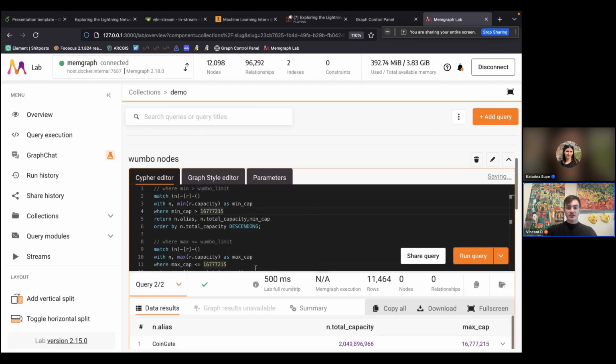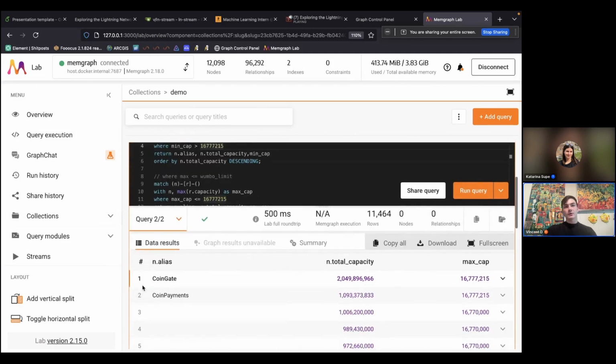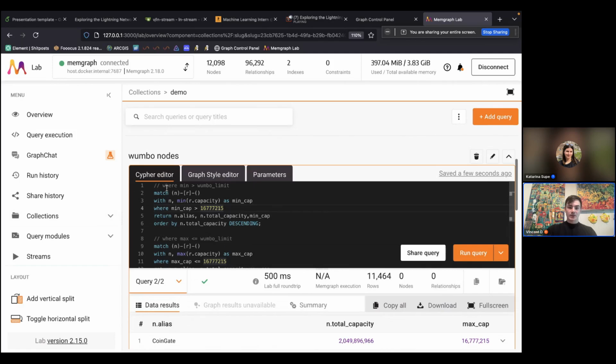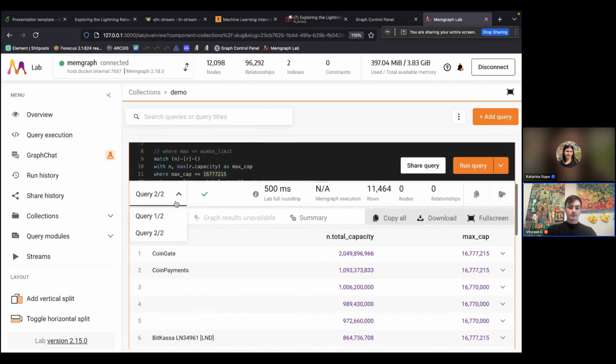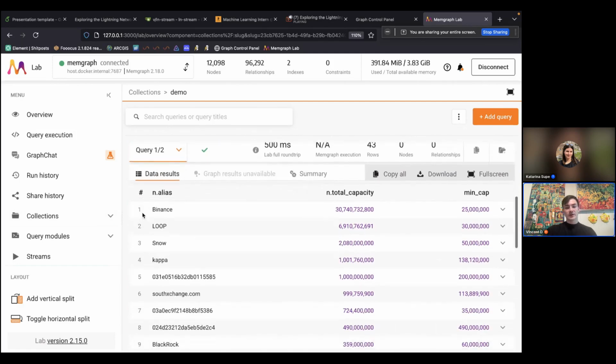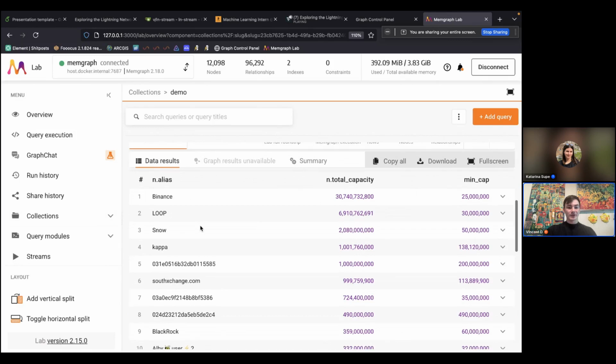What's interesting there, though, is if we consider nodes that are either all Wumbo or all non-Wumbo. In this first query, these are all nodes that only accept channels greater than 16 million. And so Binance, an exchange, only accepts channels of at least 25 million, so a quarter of a Bitcoin or greater,